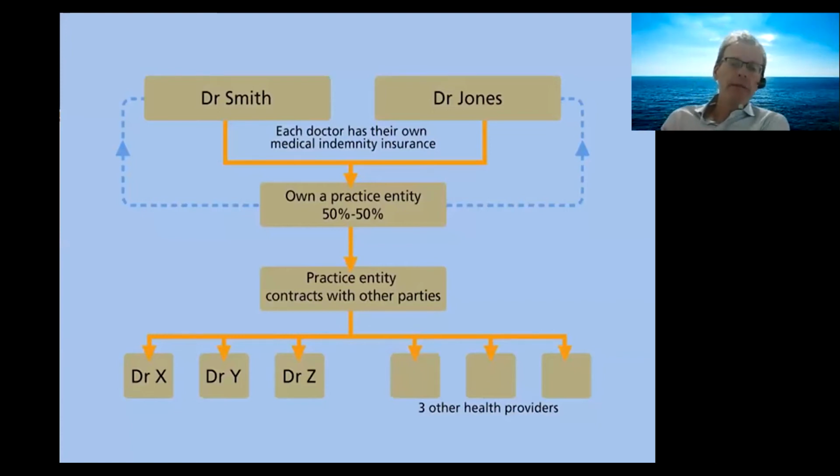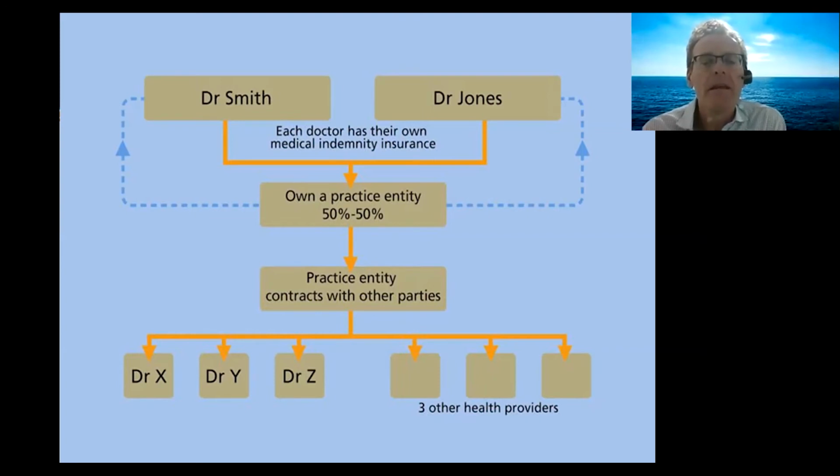So at the moment, you may be considering opening your own practice, or you may be looking to go into practice with colleagues. This changes the dynamic and how indemnity policies react to those circumstances. So a fairly basic sort of scenario here. We've got two owners, and you may have a couple of other doctors working there and potentially some allied health staff or practitioners in the practice as well.